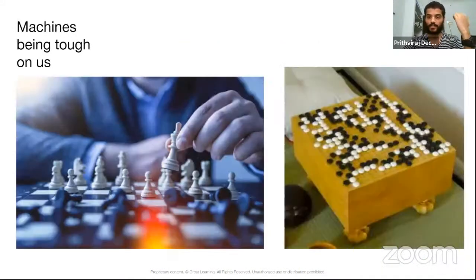But we do have machines that outsmart humans in very specific tasks, like the game of chess. The first time a machine was able to beat the best player in the world in chess was in 1997, when IBM's machine called Deep Blue beat Gary Kasparov. This was a big milestone in the research of AI, and the technology got a lot of attention, and quickly people started building up expectations on it.